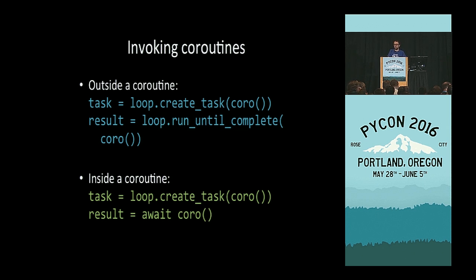This is really important because it makes all the switch points in your applications explicit. What it means is you can really reason about the shared state, knowing that in between await calls, nobody else is going to modify your shared state. But any await call might actually execute some different coroutine that might touch your shared state. This is much easier to reason about than a threading situation where everything is implicit. So that's the summary.